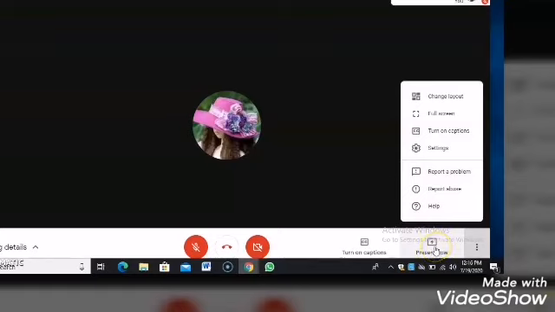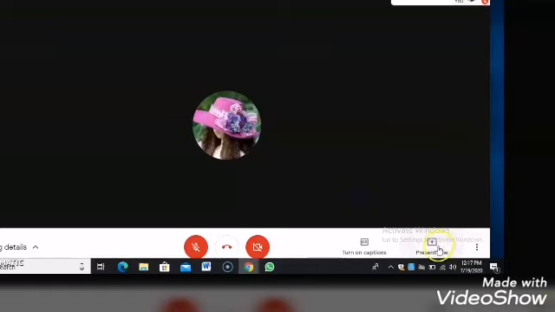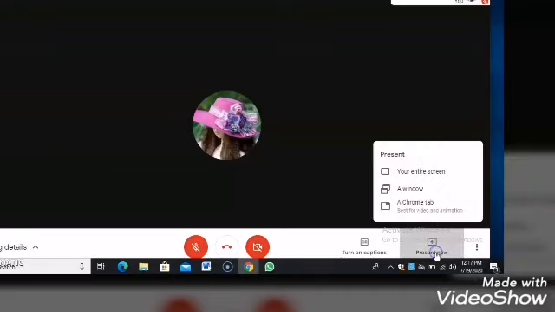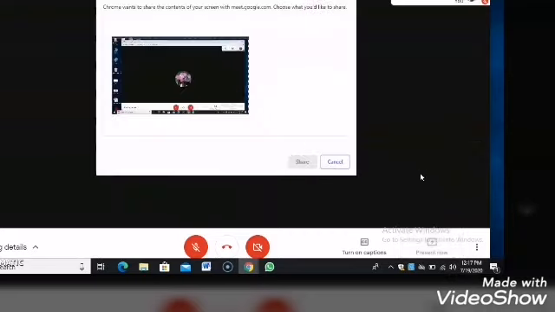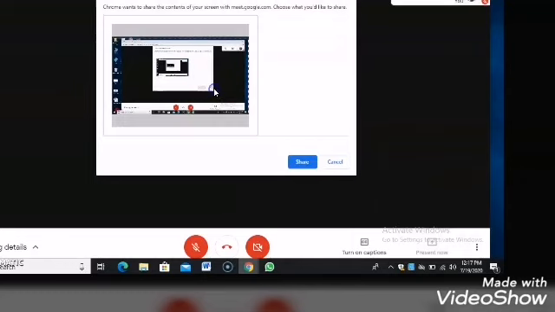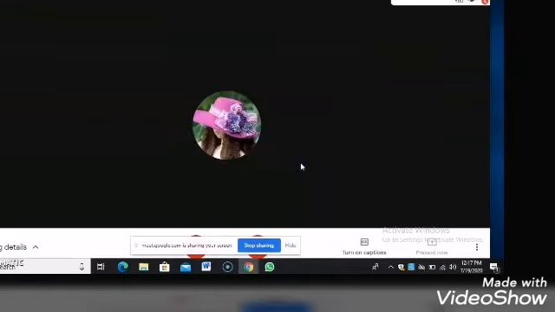Okay, the most important point is that you can see the second button, where it says present now. Present now means you are going to share your screen. Suppose I am going to share my presentation and I feel that my entire screen should be visible to my audience, so I will click over here and you can see, yes, I want to share my screen with my audience.